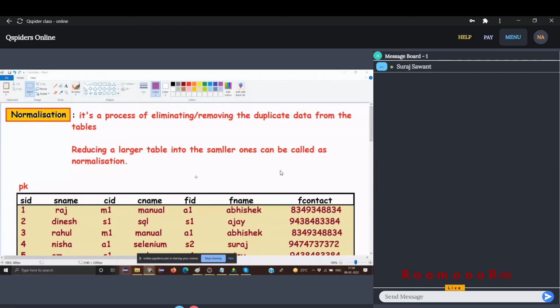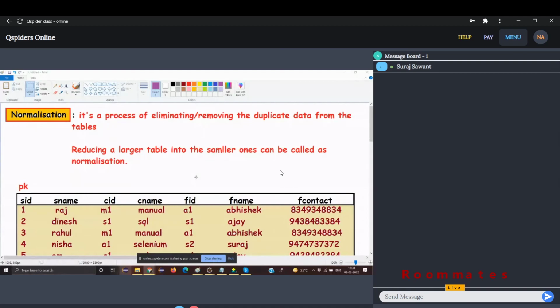Okay, fine. So write down about deletion anomaly. Deletion anomaly occurs if some important data